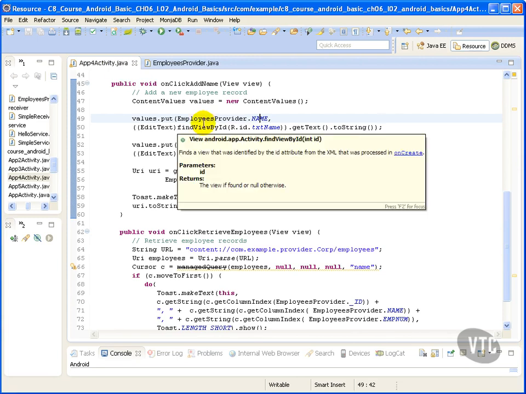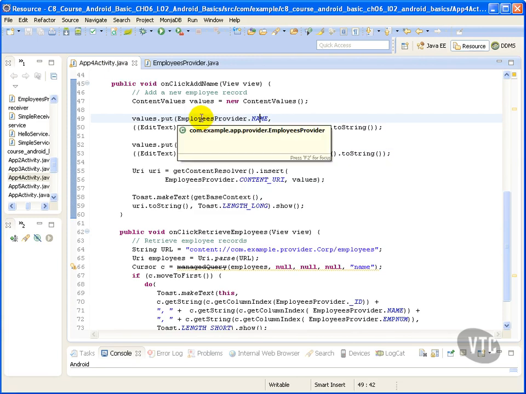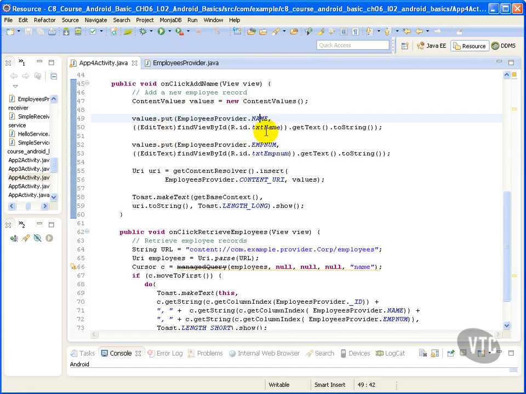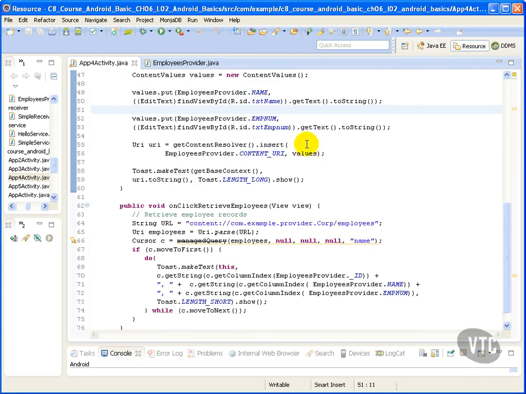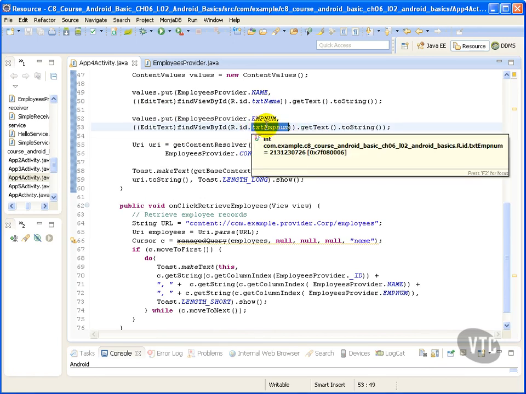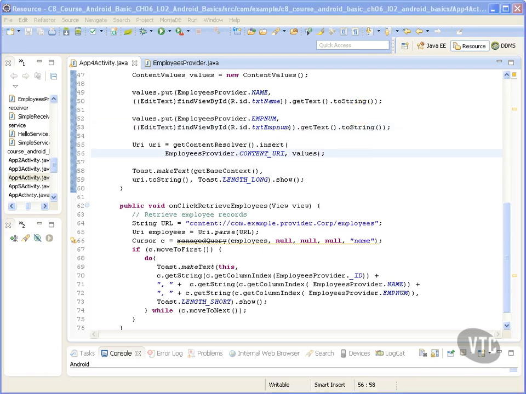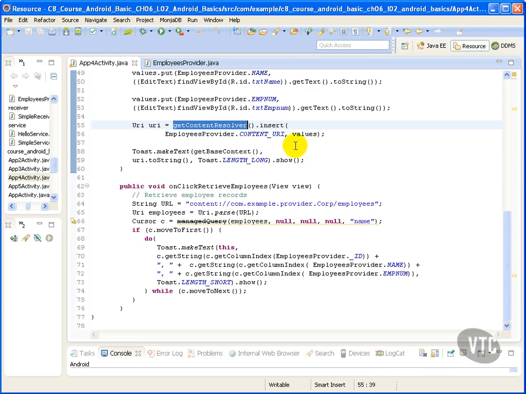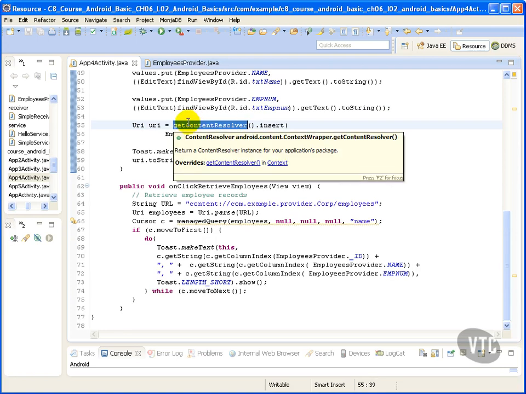And that is what we'll be using for our key when we put the value of text name, or the employee name. We make another call to values.put, and this time we add our employee number with the value provided from text employee number. Finally, we insert the new employee into our content resolver by calling getContentResolver, which returns the